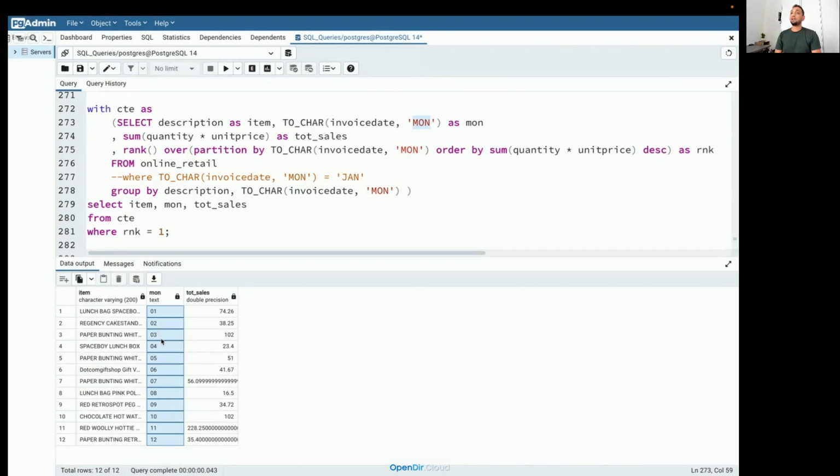Why are we using to-char instead of to-date? I only want to fetch the month, right? A date is going to have day, month, and year all together. I don't want the day, month, and year together. I only want the month. So I'm going to just use to-char, because I will fetch the month as a character hidden in the CTE, and then it will be sorted when you call the CTE.